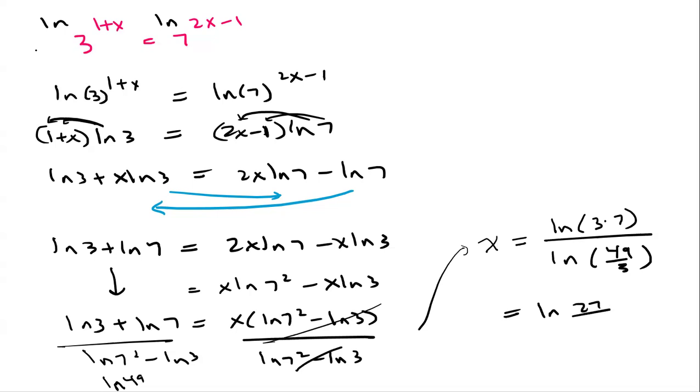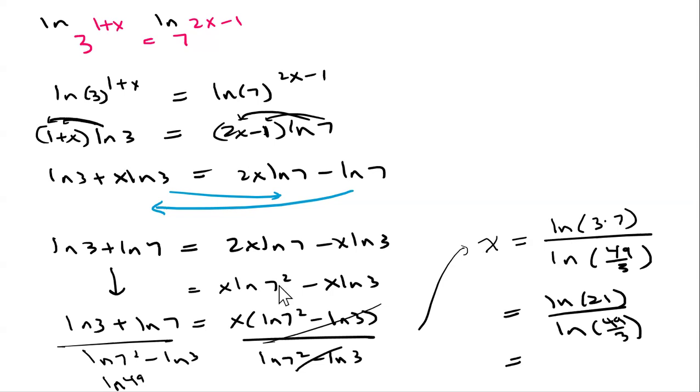And then 49 divided by 3. Let's see here. Will give us 16.3 repeating. So this is 16.3 repeating. Okay. So if we put that in the calculator, we will get, let me pause here for a second. Okay, so